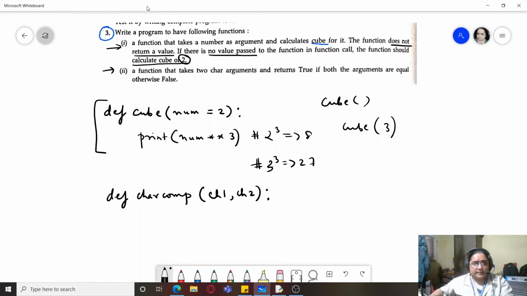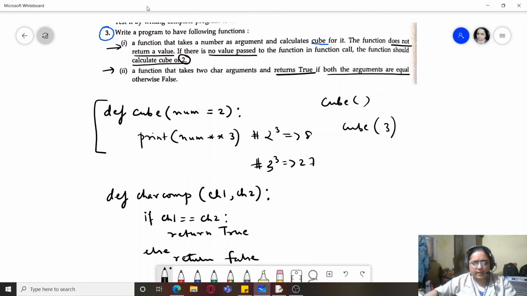Now this function returns a value, true if both arguments are equal, otherwise false. So if ch1 is equal to ch2, then we will write return true, else return false.